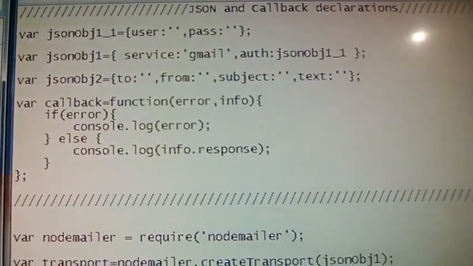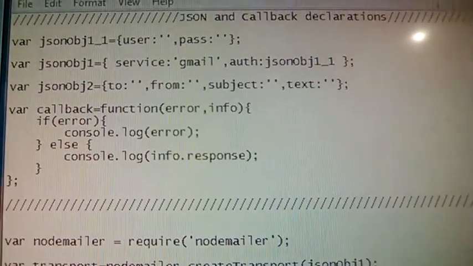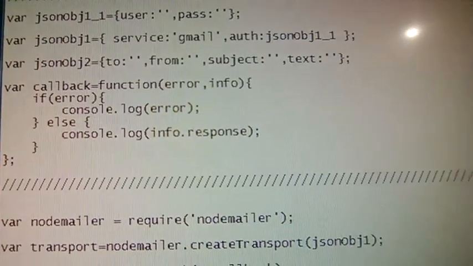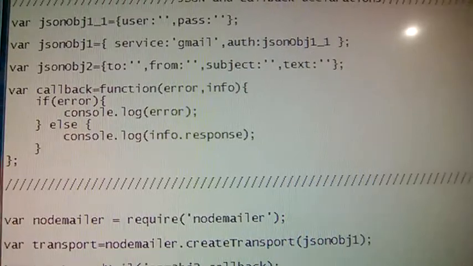Right now in this file I have kept the user, pass and all those things blank, which I cannot show here. So I have another file having all those things filled. So I'm going to use that. So here we are in the command line. I'm going to write node and the file name,